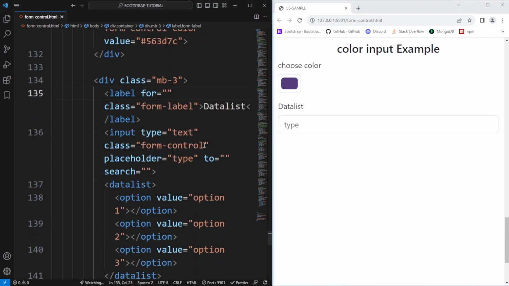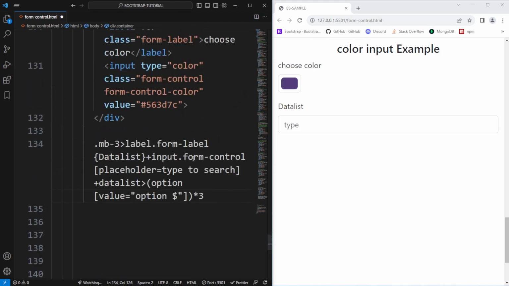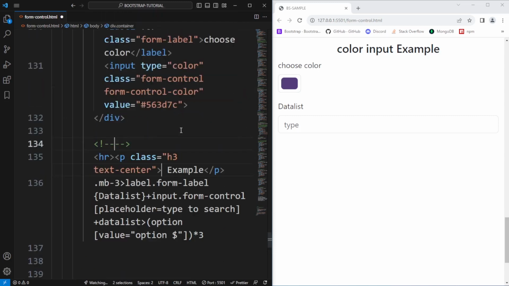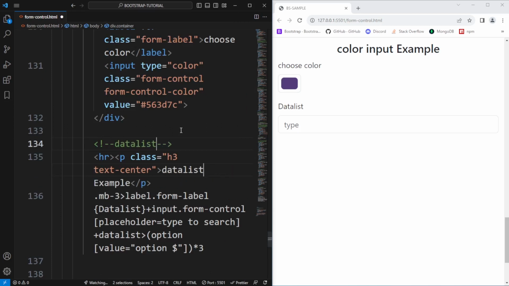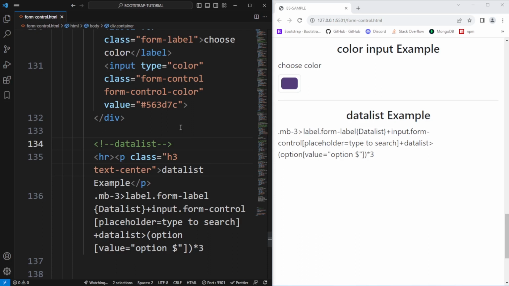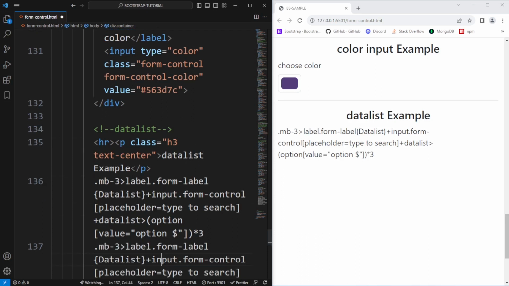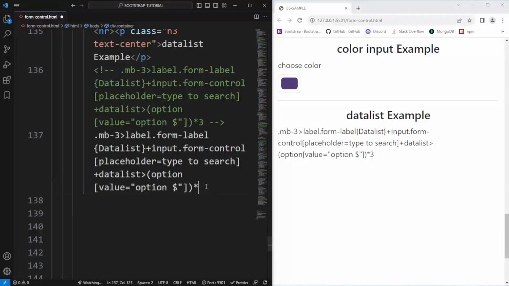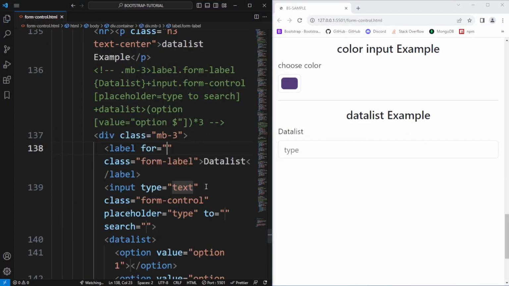Let's get back to VS Code. I'm going to undo that. Let's add in here some heading and type in here data list. Hit save. Alright, and I'm going to comment out this. Let's first make a copy and then comment out this one, and let's make this one work for you. Hit save. Alright, so type to search is not working